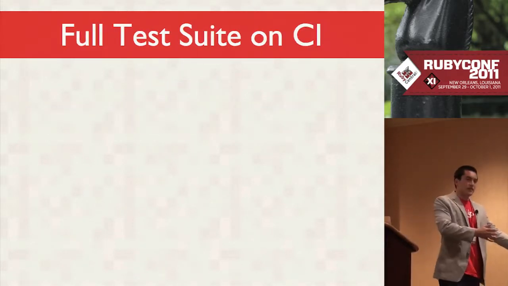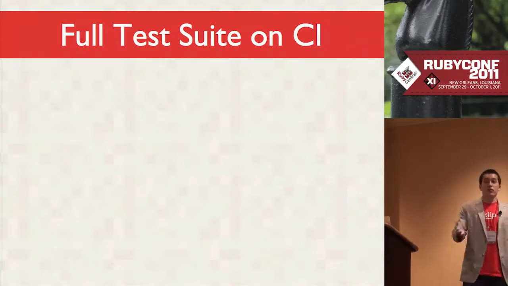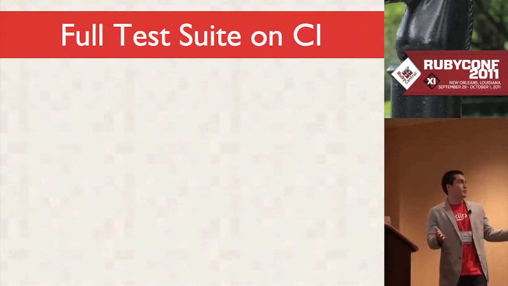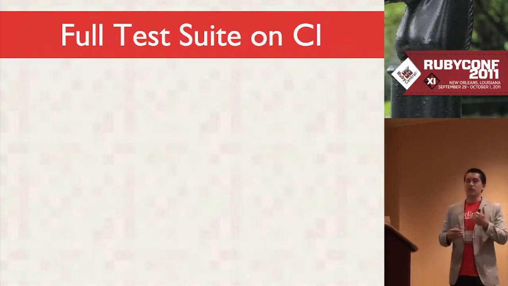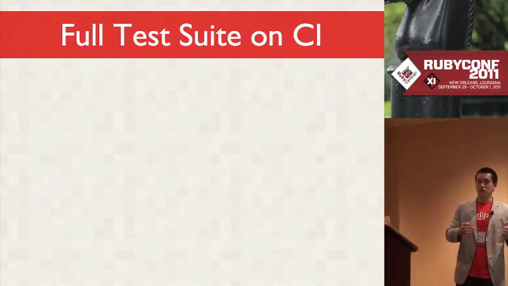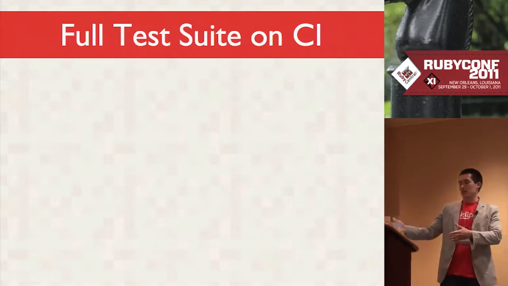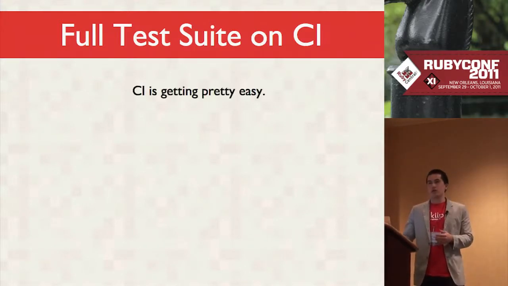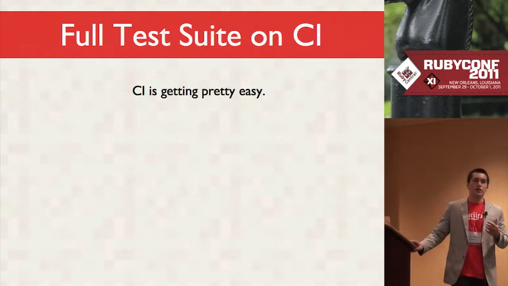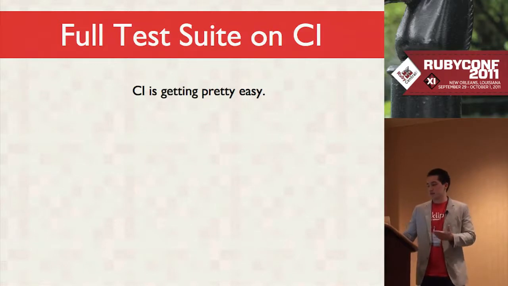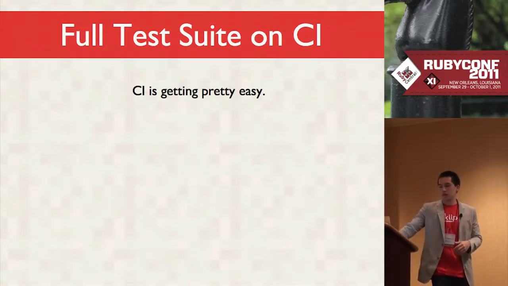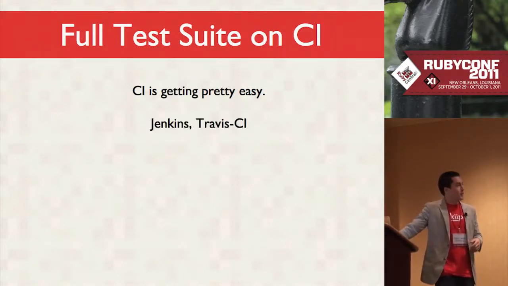Once you have your fast sanity tests, you still need to run your full test suite at some point, and hopefully very often. But you shouldn't do it on your own computer because that's hurting productivity more than helping. So you should move the full test suite onto a CI machine. There's really no excuse anymore. CI is getting really easy compared to a year ago, and especially 2 years ago. I'm pretty sure my little sister who's like 10 could set it up.